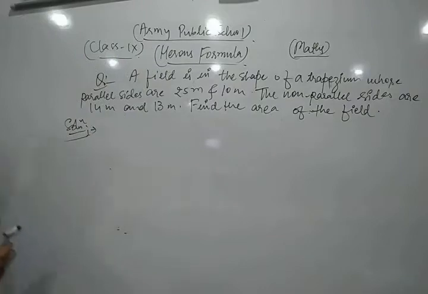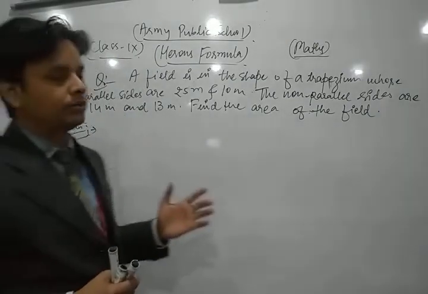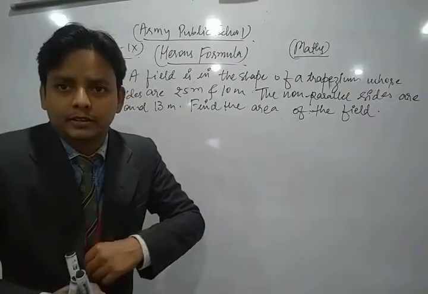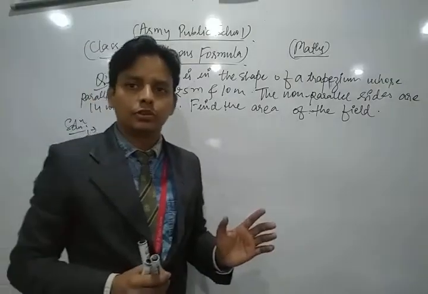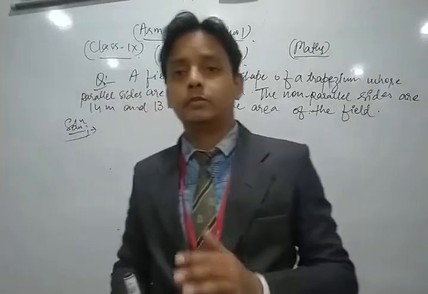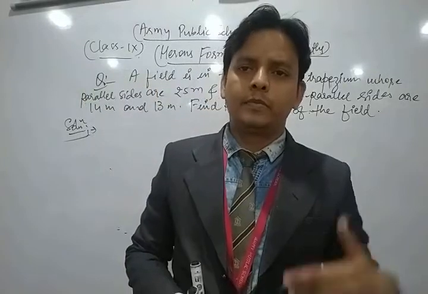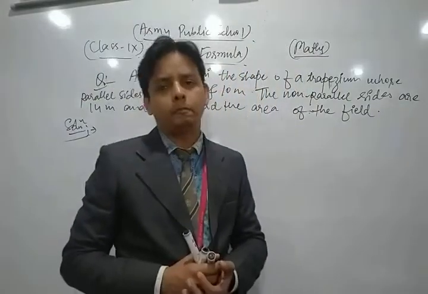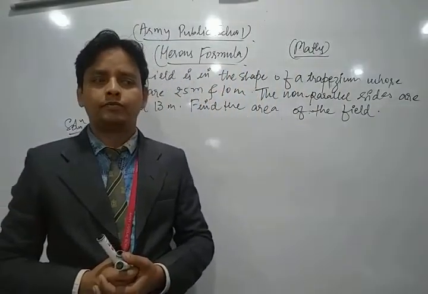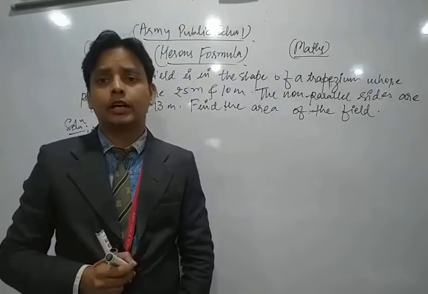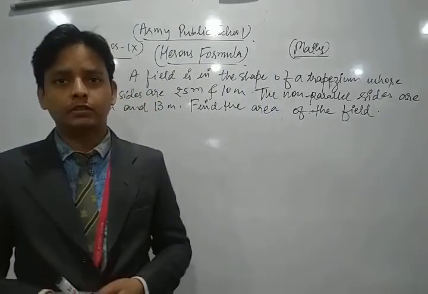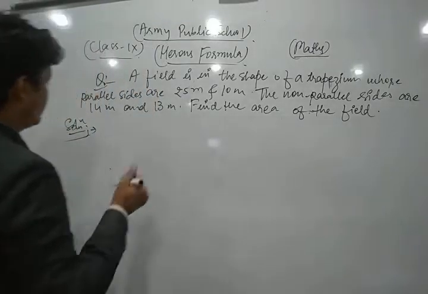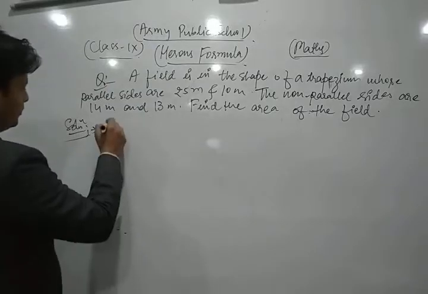Here, you know that the formula for the area of a trapezium is 1 upon 2 sum of its parallel sides into height. But in this question, we have its parallel sides, but its height, meaning perpendicular height, is not given. So first of all, we find its altitude, meaning its perpendicular height between the two parallel lines. After that, we apply the formula for the area of triangle ABC. So first of all, we draw a trapezium.